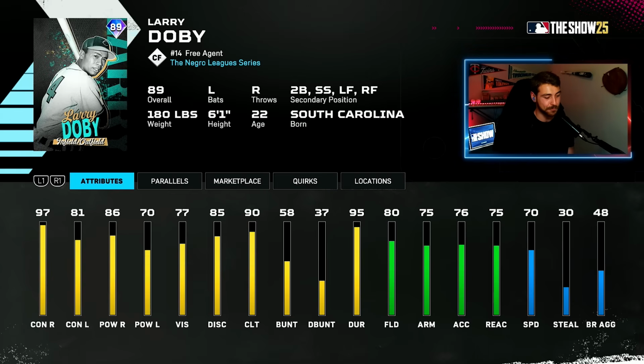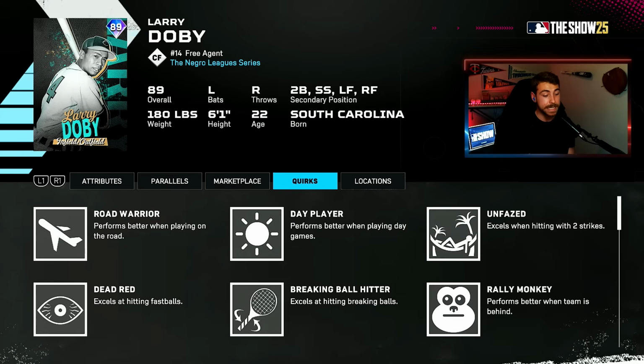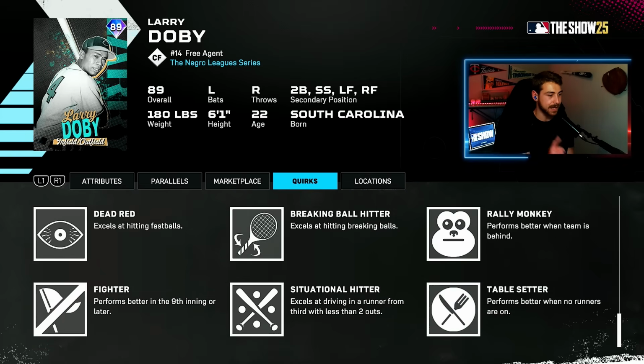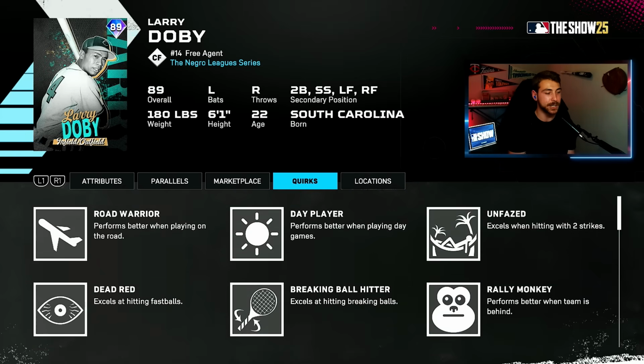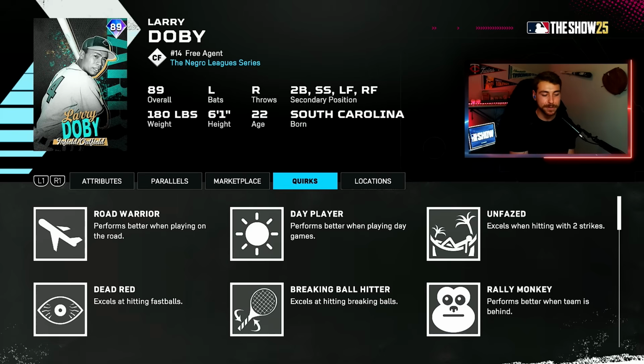97, 86 against righties, decent against lefties, 81, 70. Solid defensively, can play second and short, can play up the middle of the infield as well as the outfield. He does have quirks. Interesting. A lot of the Negro League legends don't really get quirks, but Doby does. I think what I've noticed is the guys who played major leagues, Doby, Mays, Hank Aaron, those ones are typically